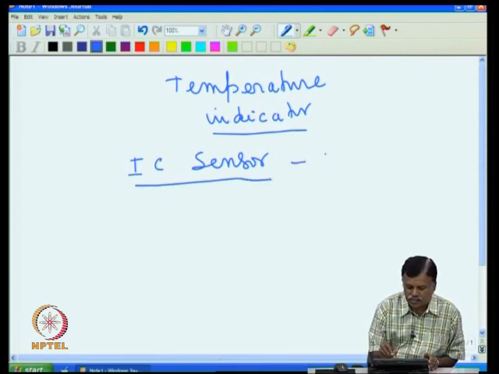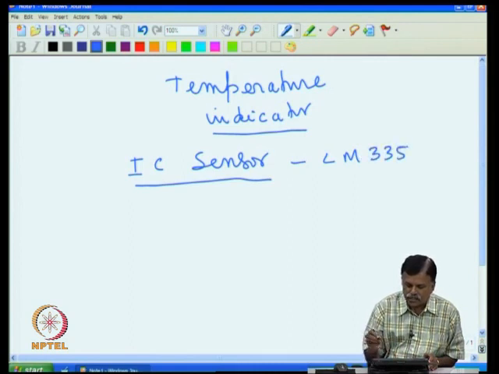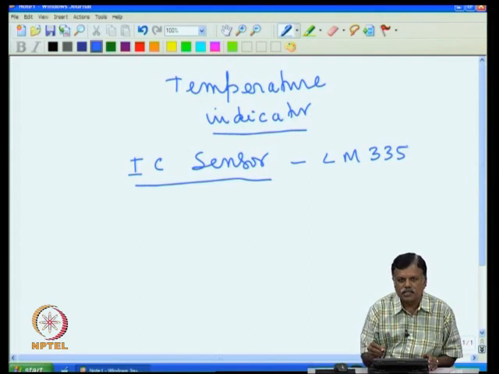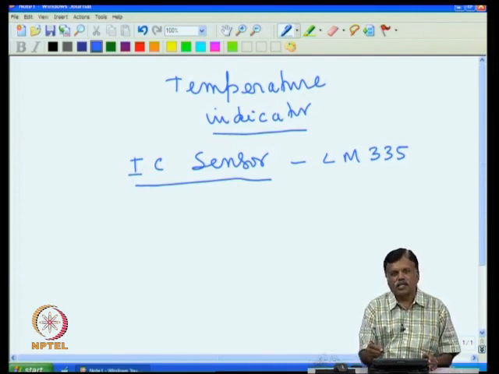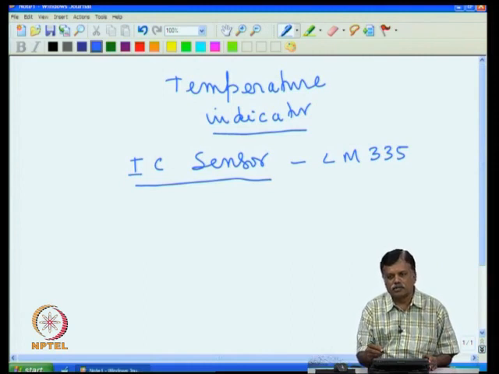For example, your classical IC sensor is the LM335. This is a temperature sensor, and it is used extensively in the industry. This is an older version; the new version, the LM35, is also there. Let us see how to use this LM335 with an operational amplifier and other components, so that we can design